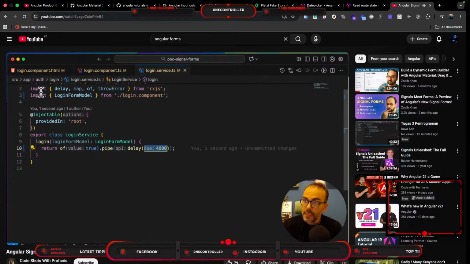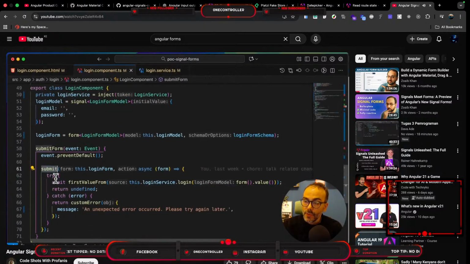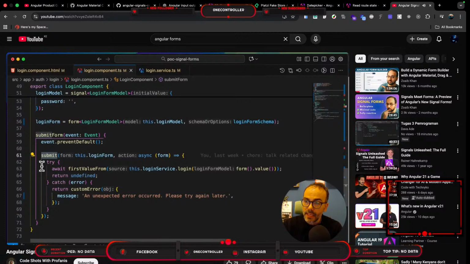And what I would like to highlight here is that by utilizing the submit helper function,